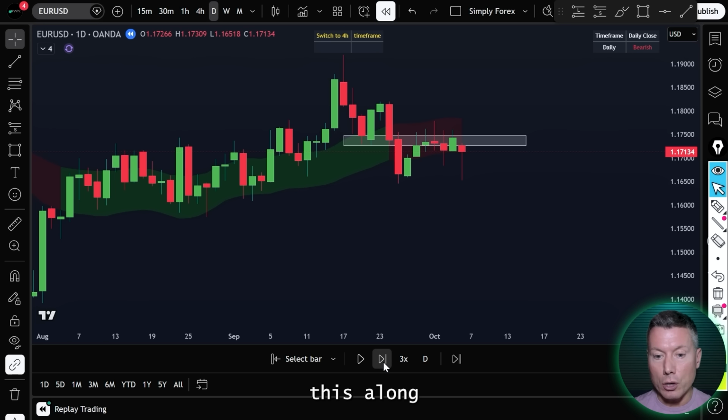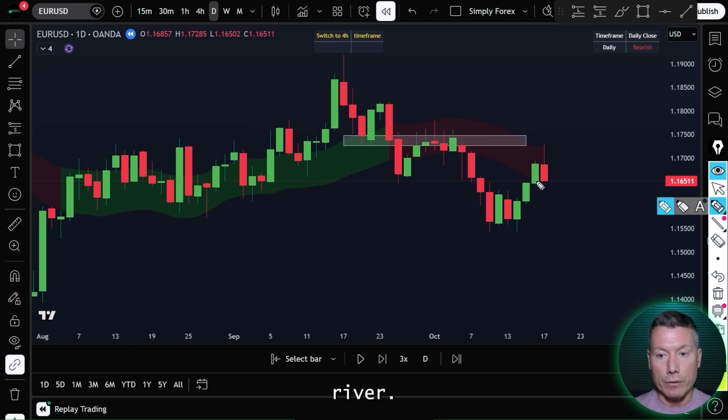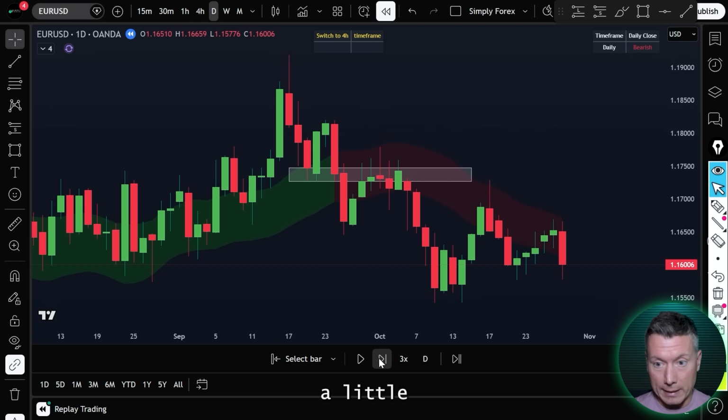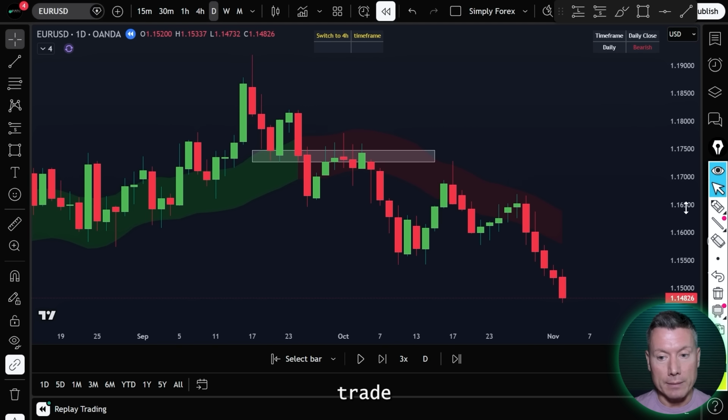So that is a selling indication to sell, right? Let's play this along. Okay, and then again, right, price has broken down. We're waiting for that pullback. Where does it pull back to? You've guessed it, our smart river. We get another selling candle, again stops up here, and we can take it lower, right? We play this along. Okay, and again it pulls back a little bit here. We get another bearish candle at our river, and we let this trade carry on.